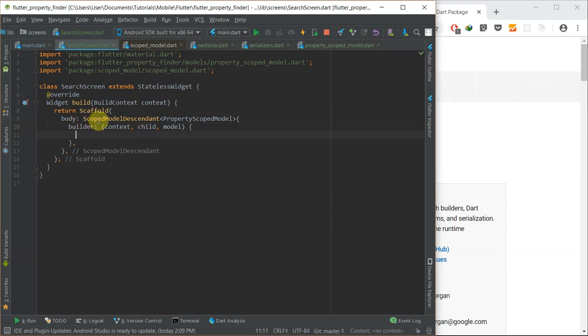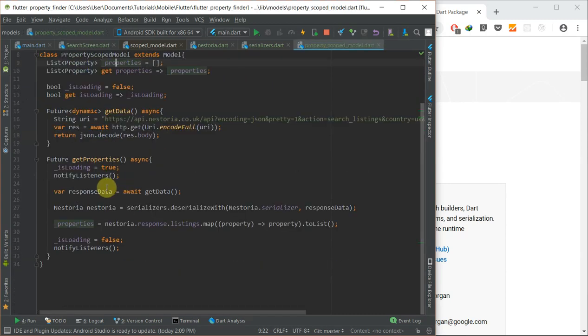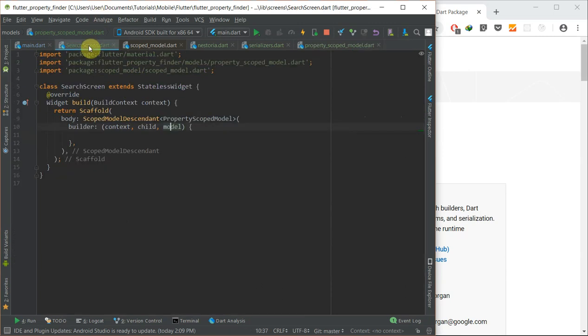So with this now, we have access to the model declared in our main. Okay, so we now have access to the model through this scoped model descendant. So remember what I told you about notifying listeners. Whenever we call this, it is just going to rebuild the scoped model descendant over here. So in this builder, we're going to return a custom